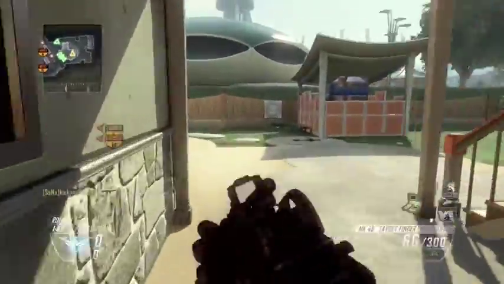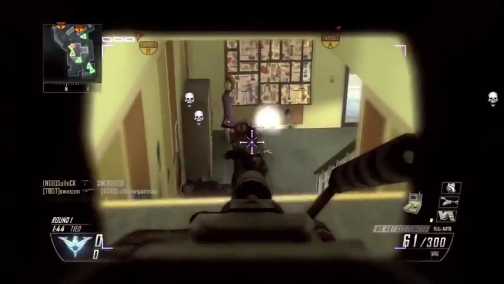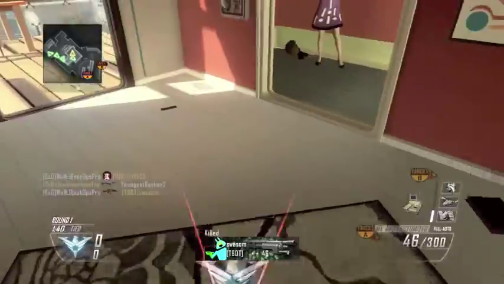Right here I'm just doing that. I decide, okay, it's too risky because people jump up there. I got really lucky there. I could have been killed, but unfortunately I got him with hip fire, and then I get this shotgunner. Okay, so anyway,